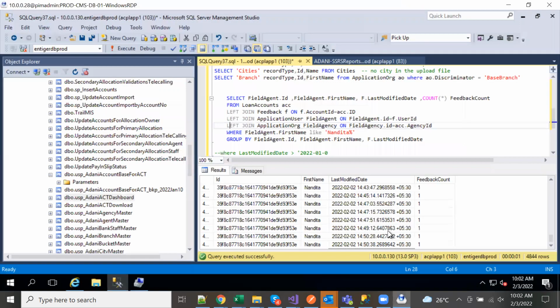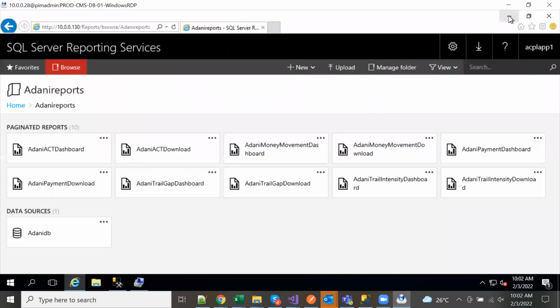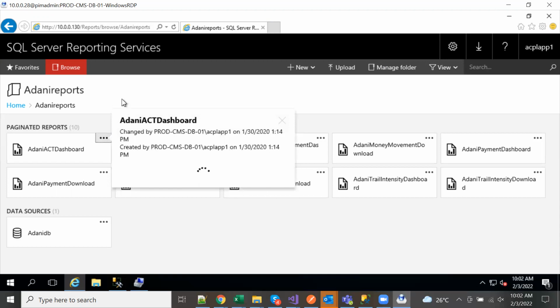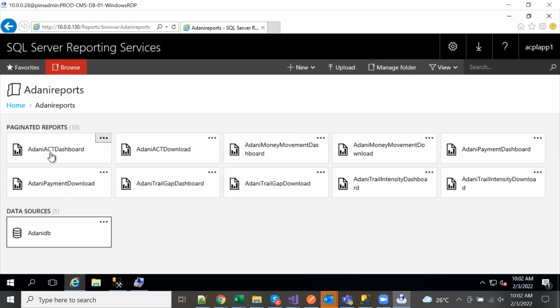on the server. So this is the database server. In the database server, there is something called reporting services, SQL reporting services. In that, there is a bunch of reports, RDL files, these are called RDL files, and there will be a data source. All these things will be there in the system.